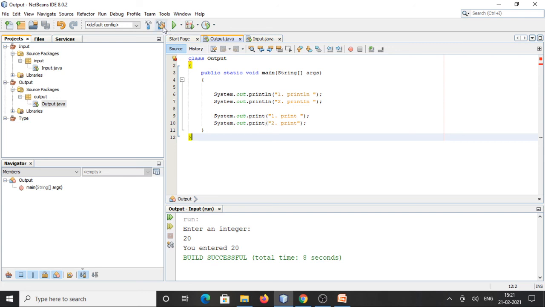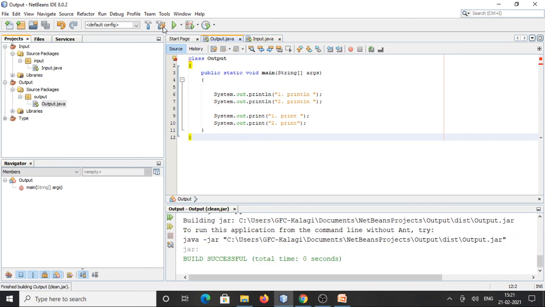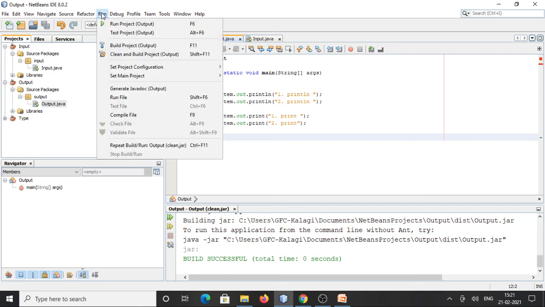Now I will compile this program. If any errors are there, it will show the errors on this screen, but there are no errors. Then I will run this program.